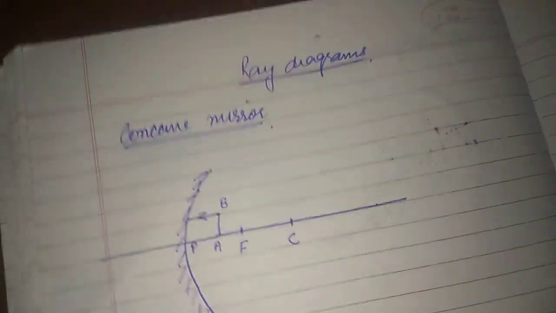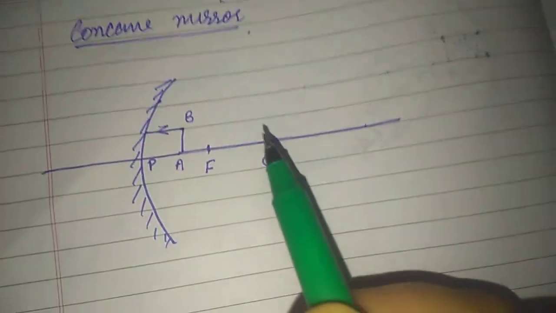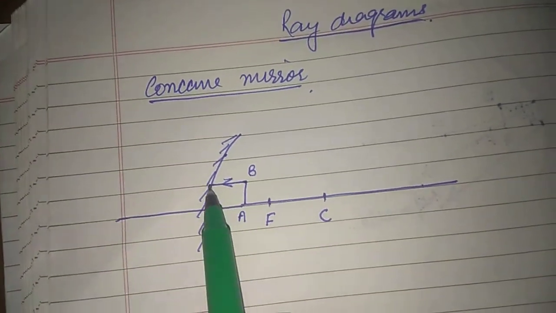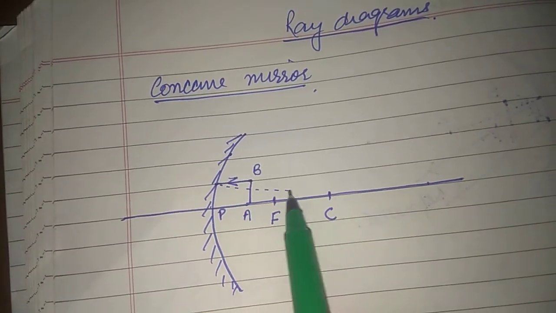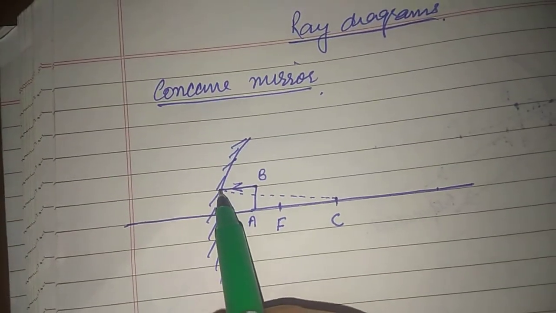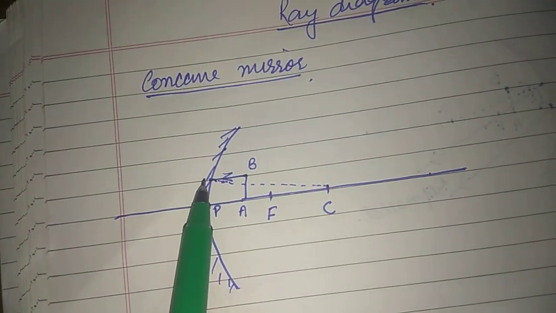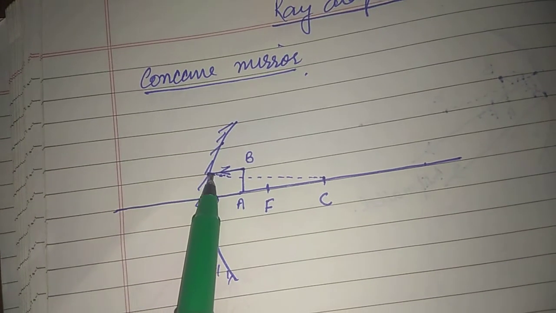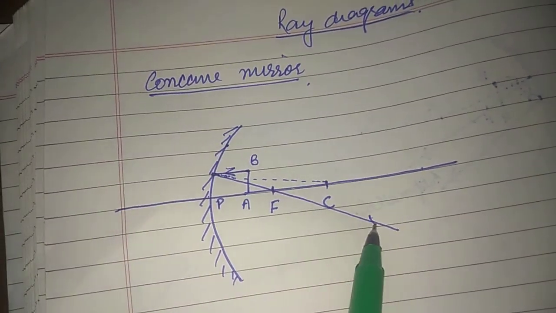So for the reflection, you want to have this normal here, because we want to follow the law of reflection. Angle of incidence and angle of reflection are equal. So to draw the angle of incidence, I want a normal. How can we draw the normal? You have to simply join this point with the center of curvature. So this is the normal. The angle between the normal and the incident ray is the angle of incidence. By making the same angle of reflection, you have to draw the reflected ray, and you will see automatically it will pass through the focus.